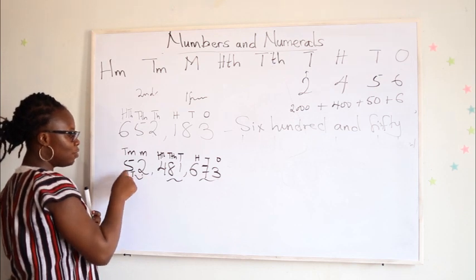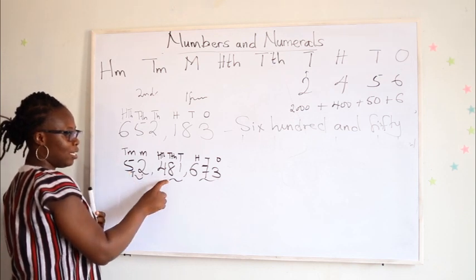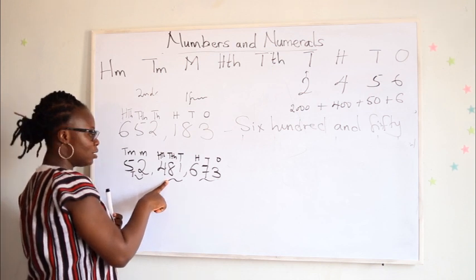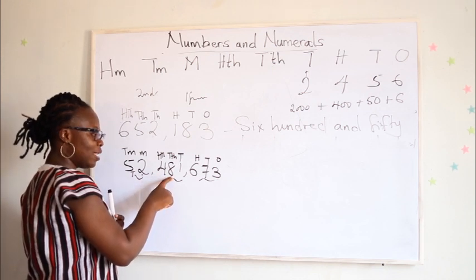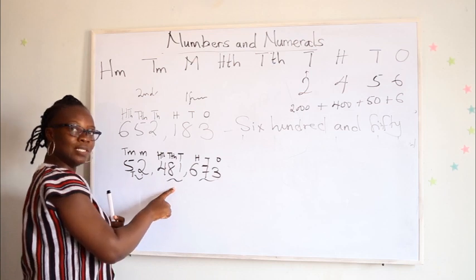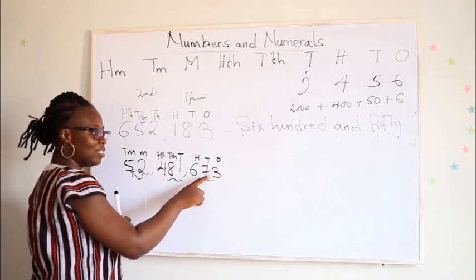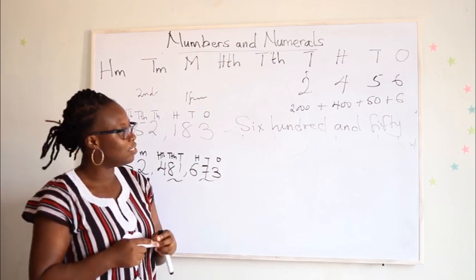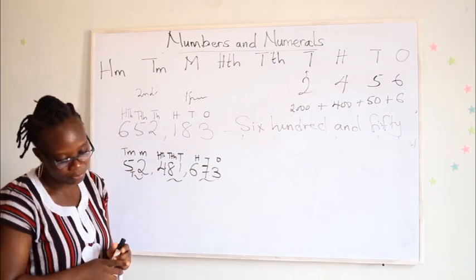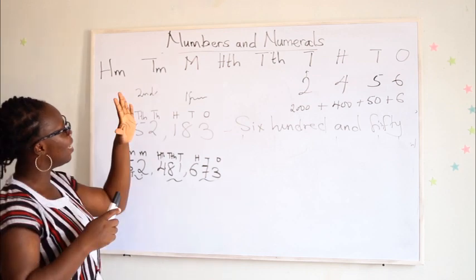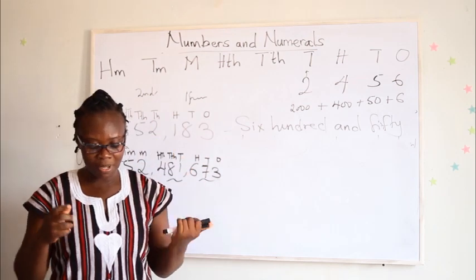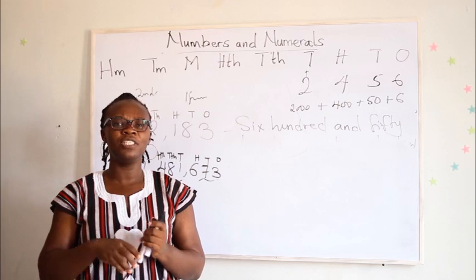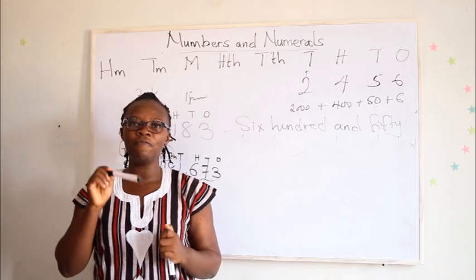52 million. Then we are in 1,000 columns. 481,600 and what? 70 words. 3. 600 and what? 70 words. 3. Very good. So you realize that in our decimal number system, the value of each digit is very, very